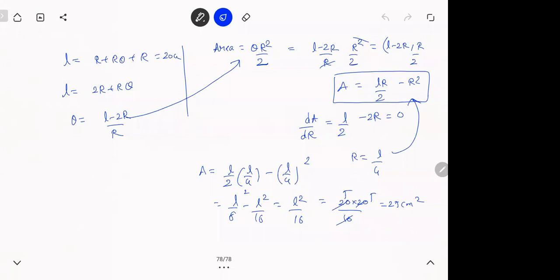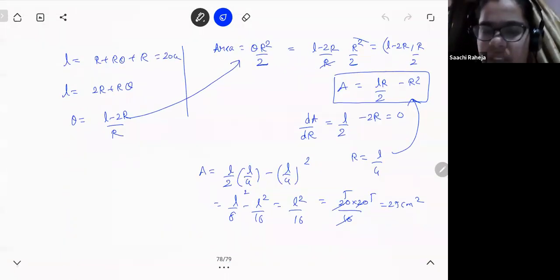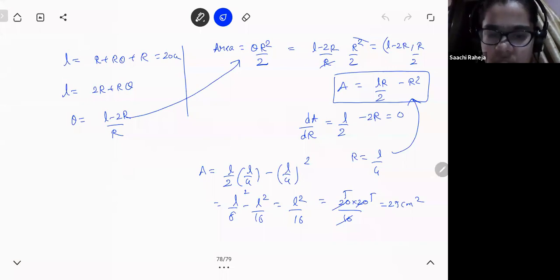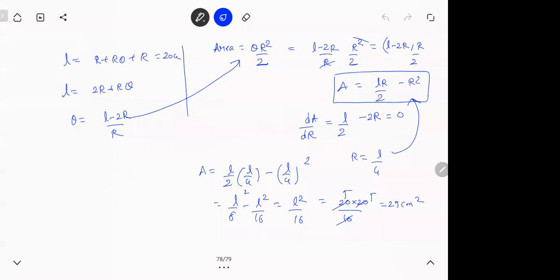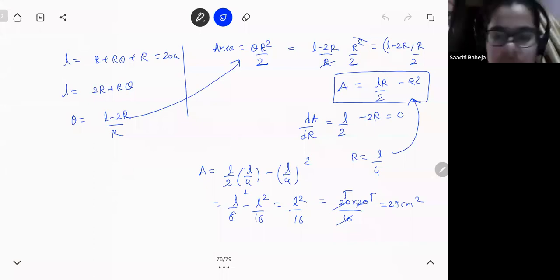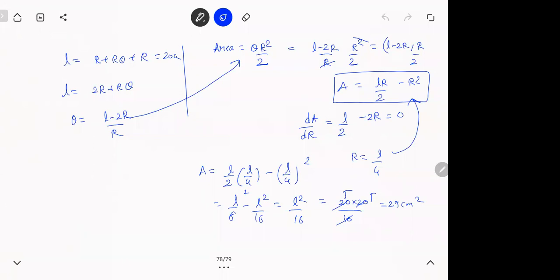Then next one. In the previous sum, how did you get L square upon 16? Like L square upon 8 minus L square upon 16, it's not L square upon 16, right? How much will you get? If it is not that, then how much do you say? When you say it is not that, then it will be something else, right?